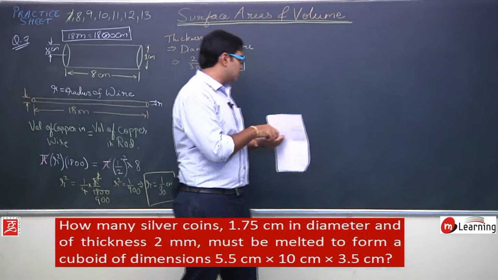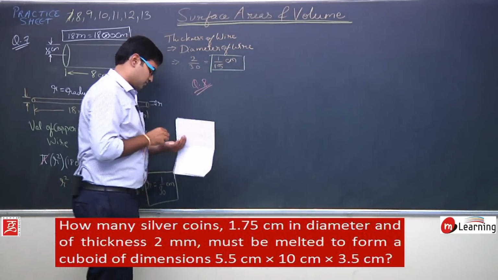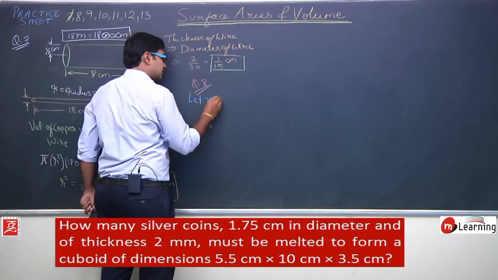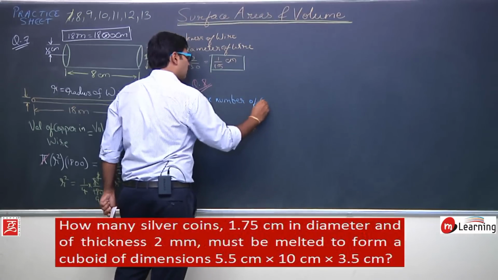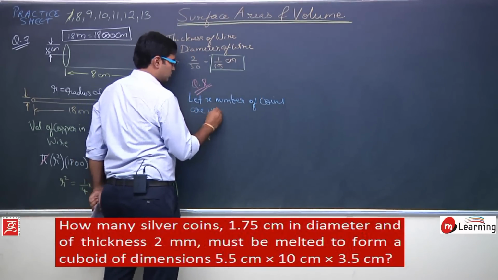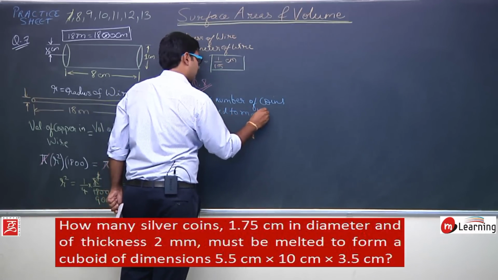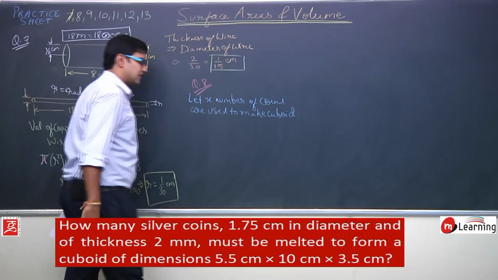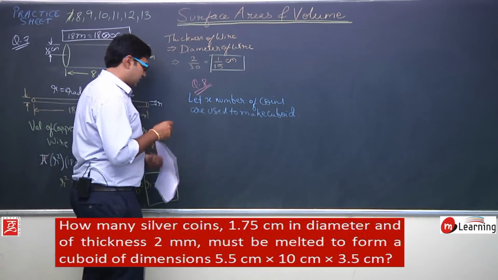So what we can observe is, let x number of coins are used to make the cuboid that is required, and if I draw a cuboid,